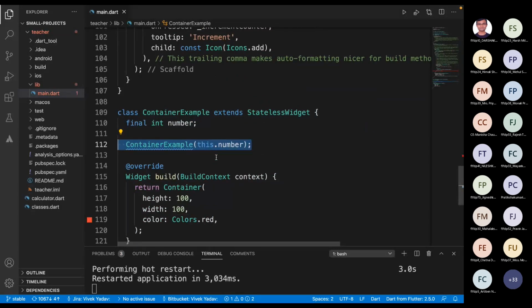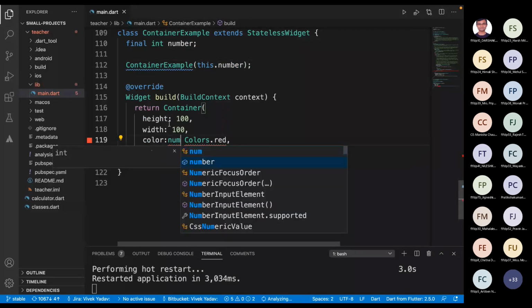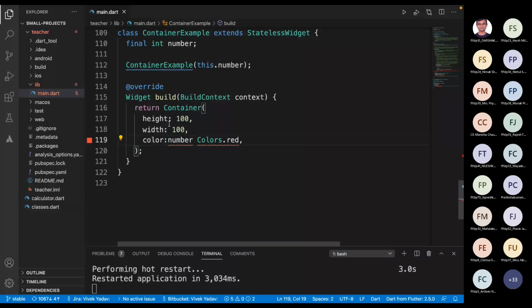If this number is divisible by 3, that is, number modulo 3 is equal to 0, then we will show Colors.red, else we will show Colors.yellow. Are we getting this?